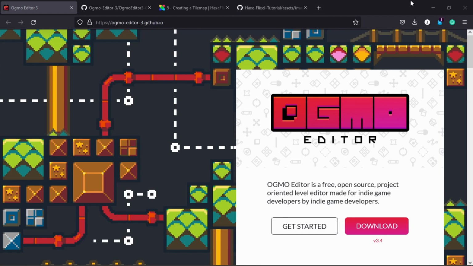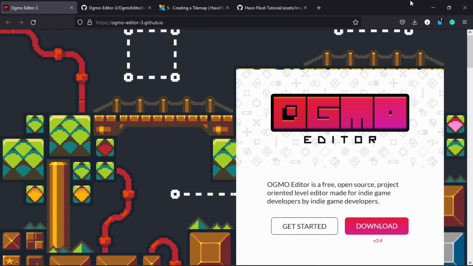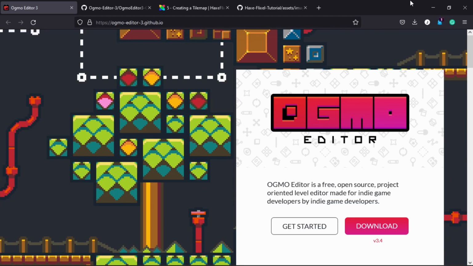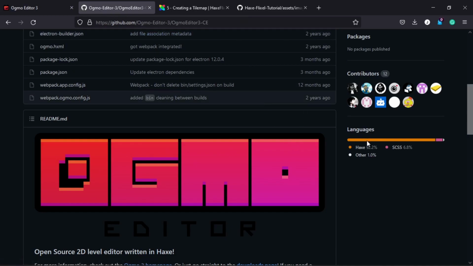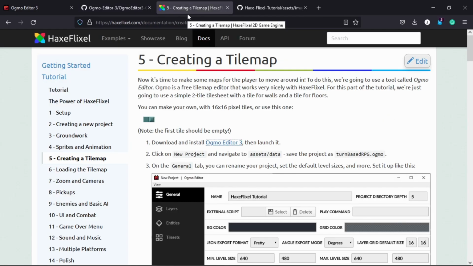So you might be asking yourself, well, what is Ogmo Editor? And as the description says there, Ogmo Editor is a free open source project oriented level editor made for indie game developers by indie game developers. Now, fun fact, if we go on over to the Ogmo GitHub page, what you will notice there in that beautiful orange line is that Ogmo is in fact made with the Haxe programming language. How awesome is that? Now, it also integrates extremely well with the HaxeFlixel game framework, as you can see on the